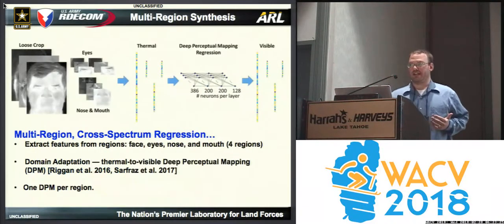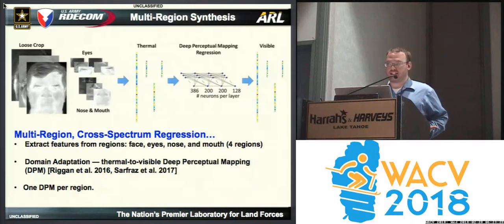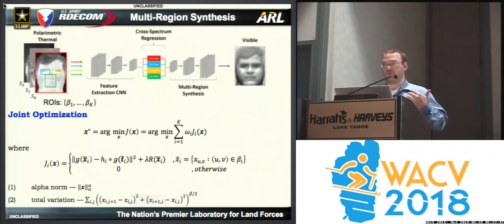So in this paper, we exploited a multi-region synthesis approach. So here we're using both global and local features, and then we put them through a mapping. It mapped the thermal data to the visible for each region, and then leveraged all of that information to perform one holistic synthesis. So the main thing that we do here is we set up a joint optimization across all these regions. We leverage appropriate weighting for each of the regions, the eyes, the nose, the mouth, and then